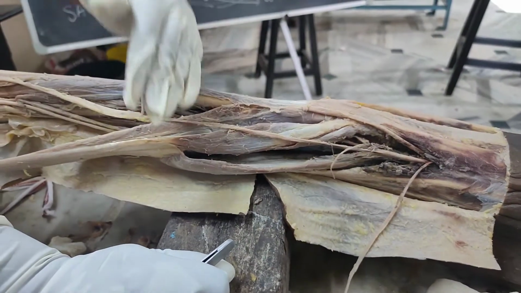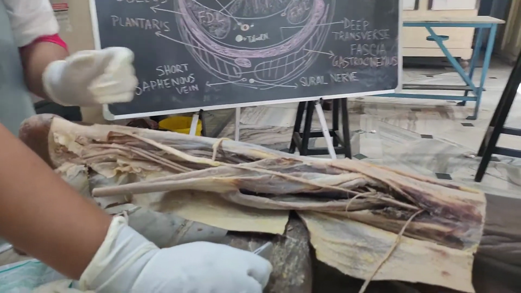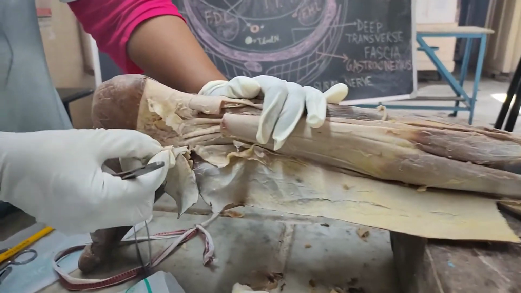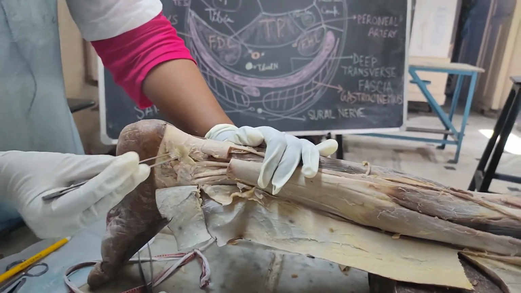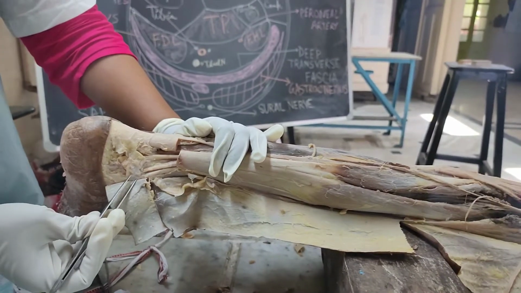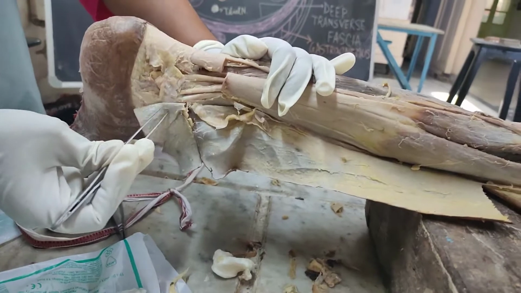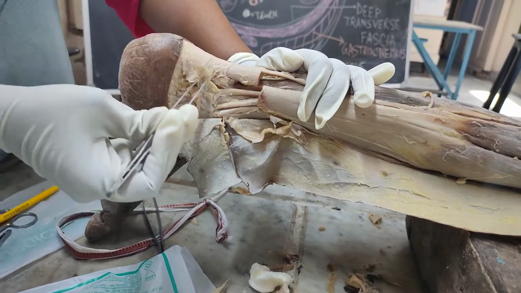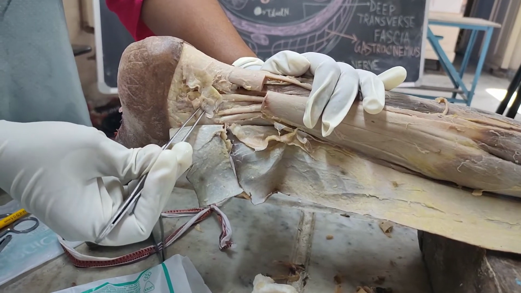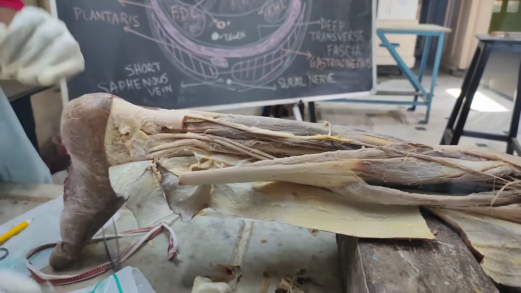Coming to the deep fascia, the deep fascia has been removed, leaving behind a portion of deep fascia which is known as flexor retinaculum. This is the flexor retinaculum. In the lower part near the medial malleolus, there is a condensation extending from medial malleolus to the calcaneus bone. This is the band keeping the flexor tendons in position. Rest of the deep fascia has been removed to view the underlying structures.